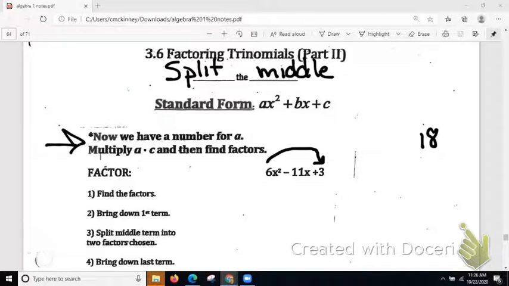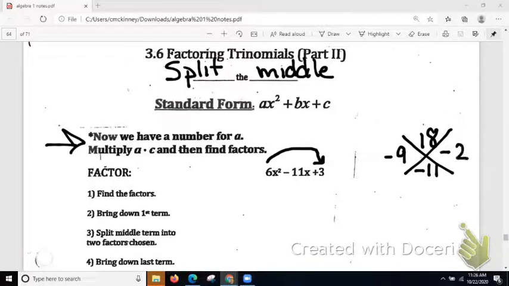So we want two numbers that multiply to be A times C, and then add to be the negative 11. Now I'm going to put this on a little organizer where the top is what they multiply to be. Some people use this even for the ones we've been doing, where they always put what they multiply to be on the top. So if I'm multiplying to be 18 but adding up to negative 11, we know there'd be two negatives,